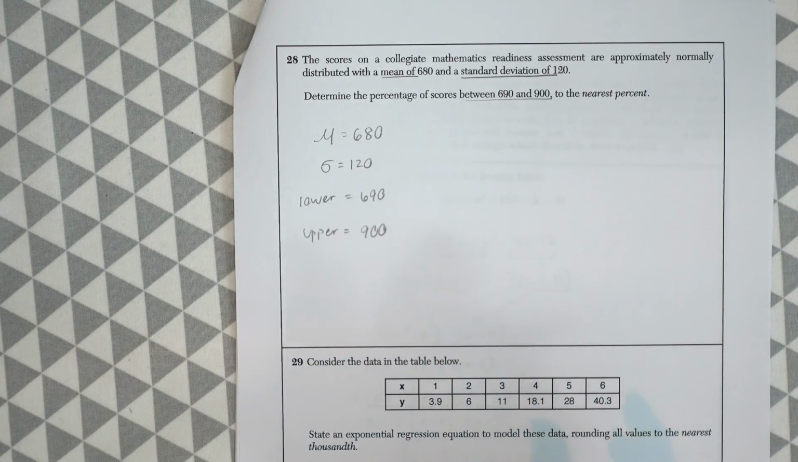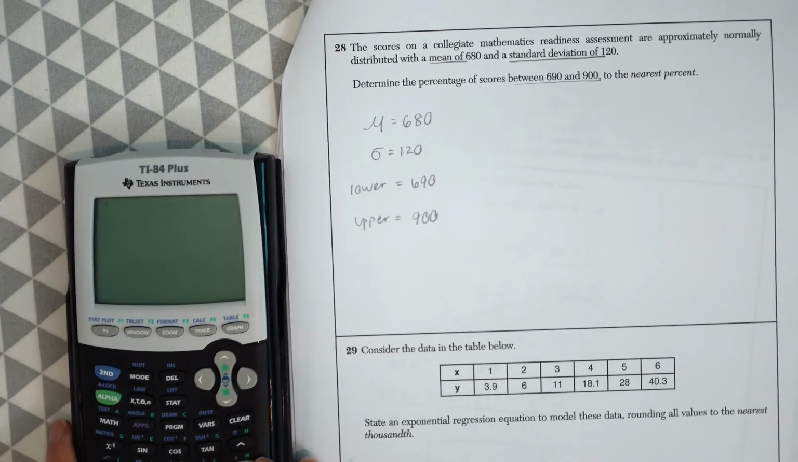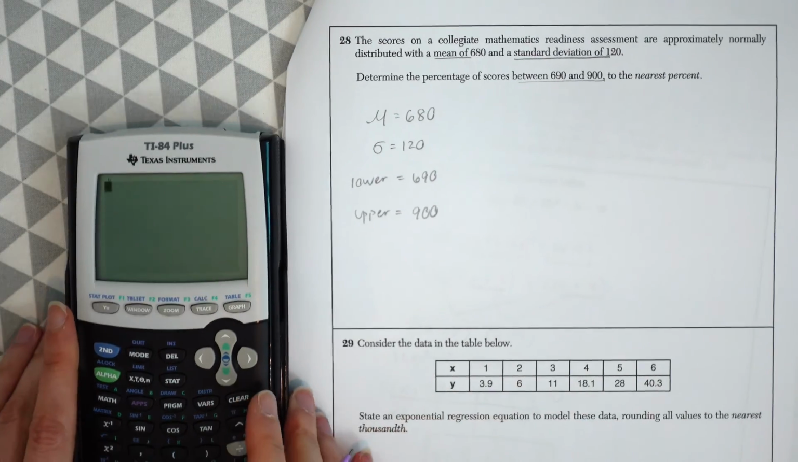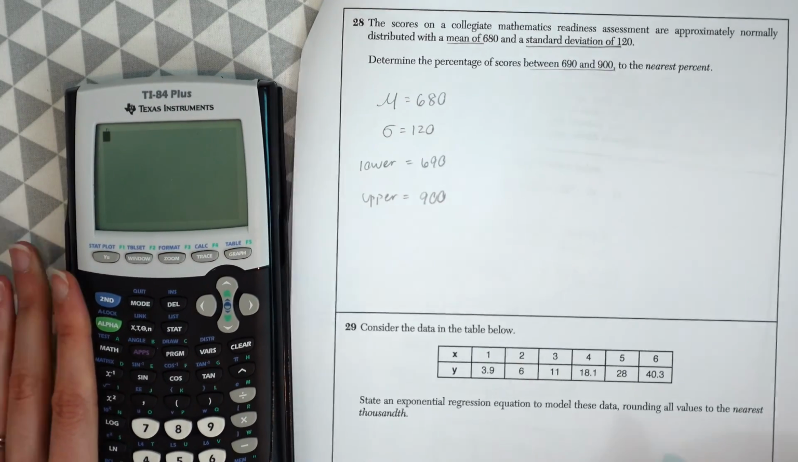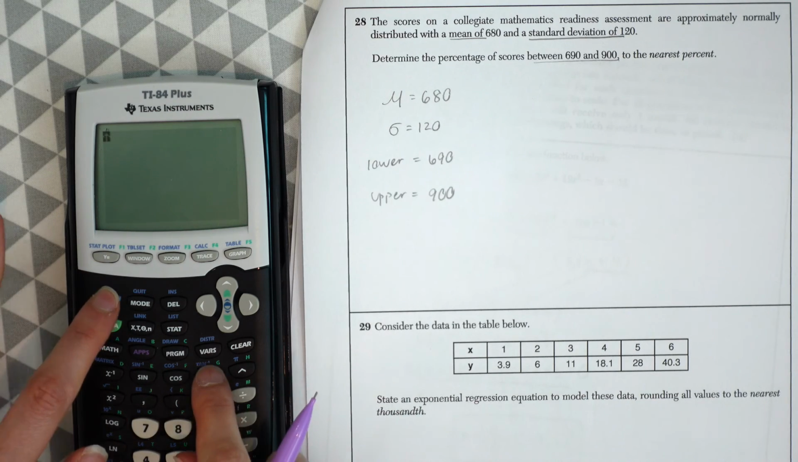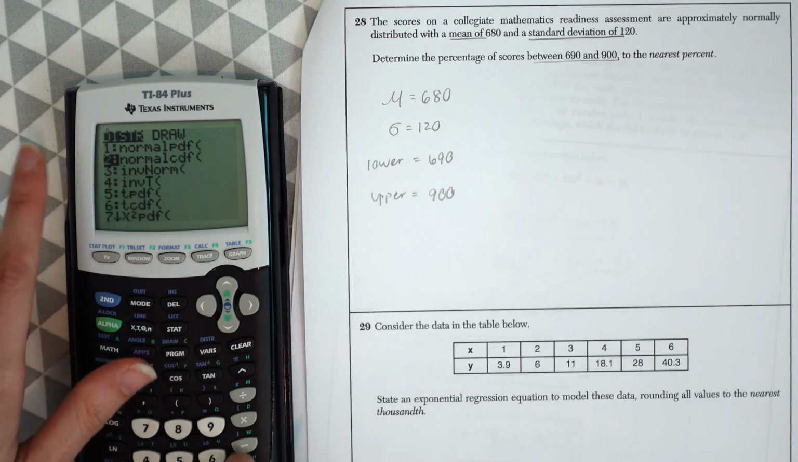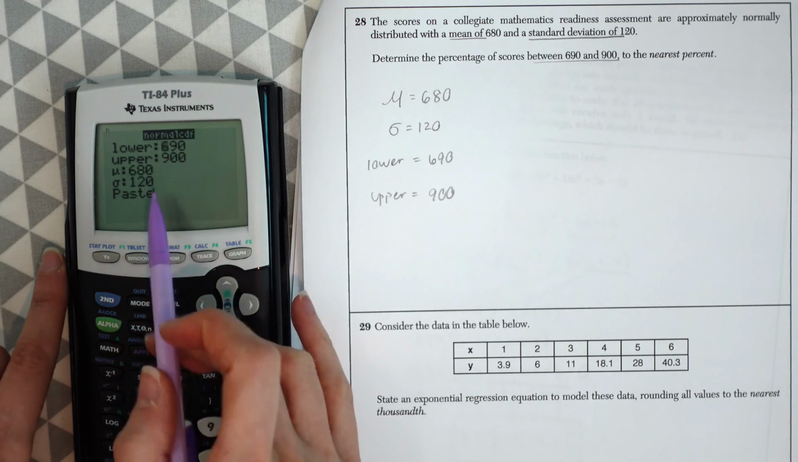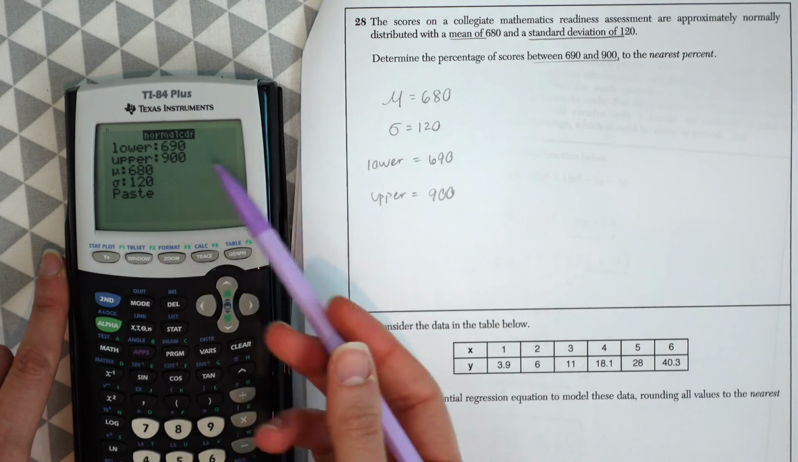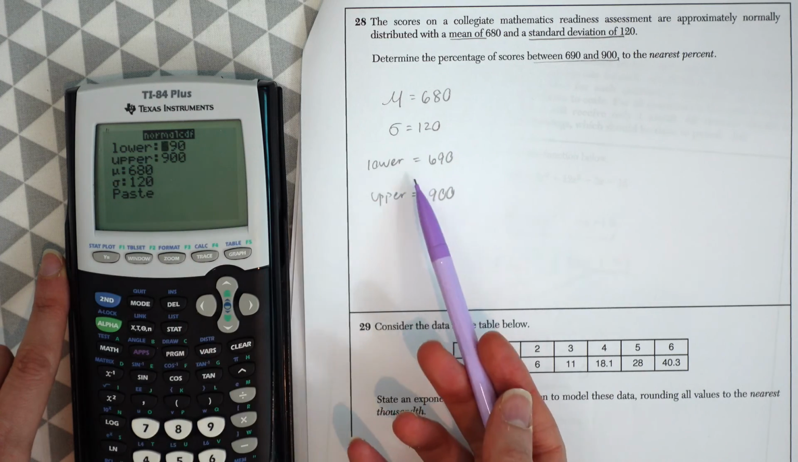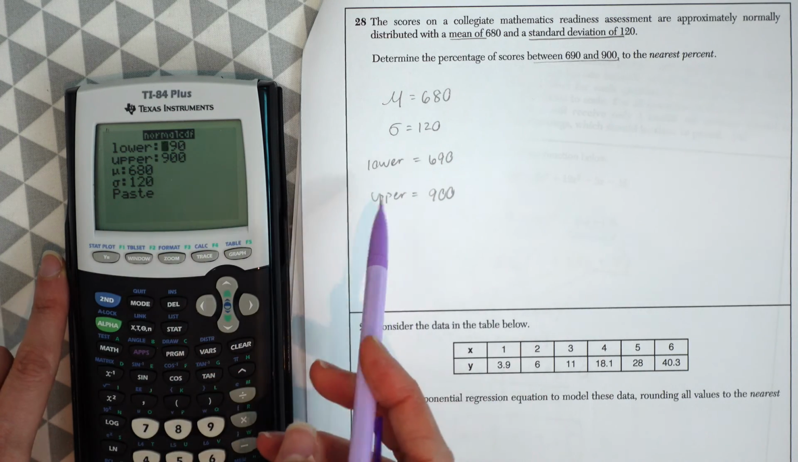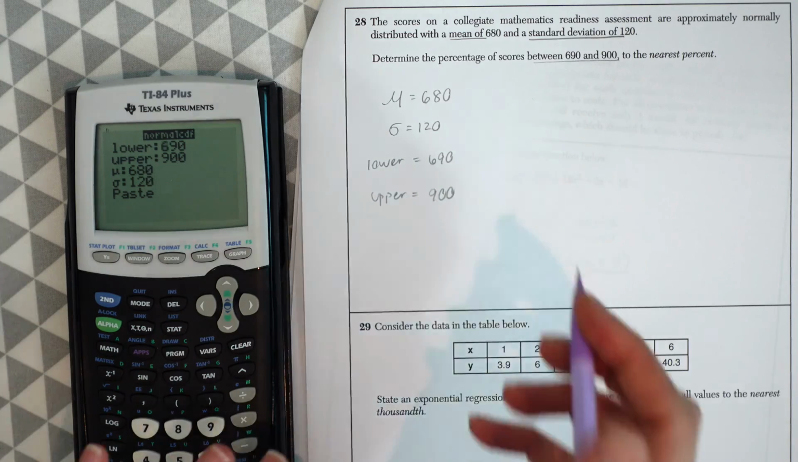So this is a calculator question. So let's get our calculator out. What we're going to do is go second, vars for distribution, then go down to normal cdf, choice 2, and then we're just going to plug everything in. I happen to have it in here already. So lower is 690, upper is 900. That's the range we want to find the probability in,